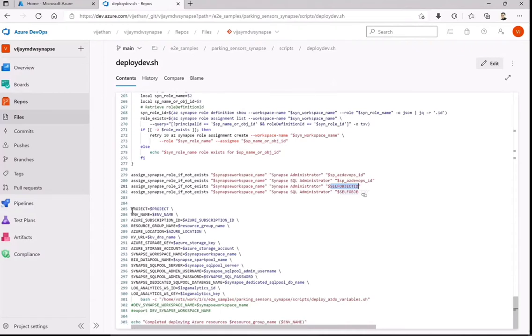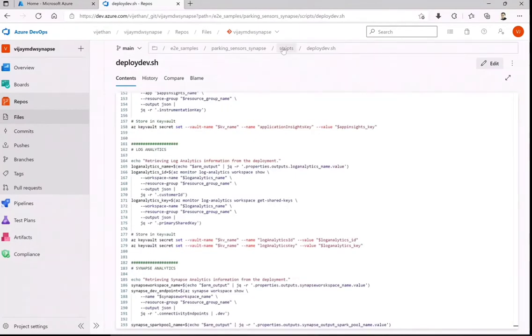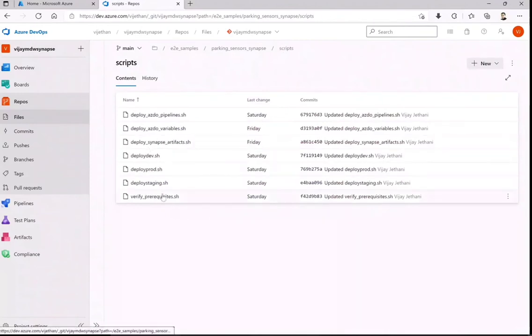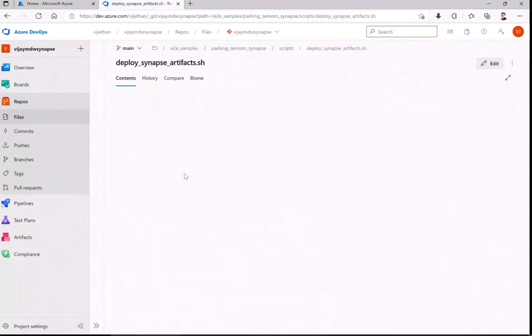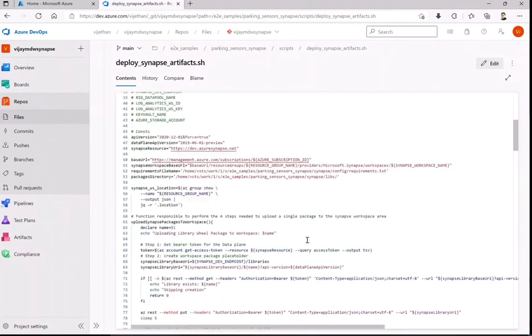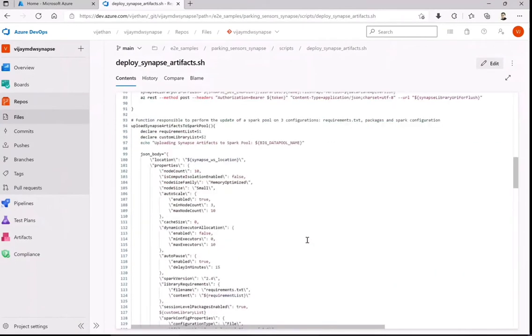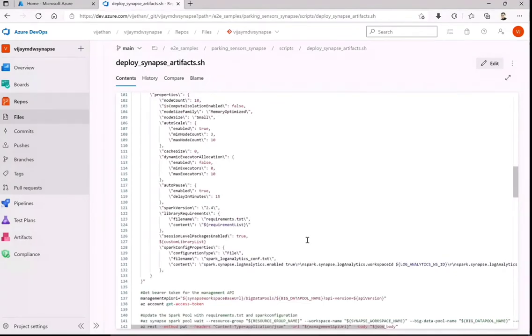And at last, just a placeholder. You can place this in a file or just echo it on the screen to show these variables for your future reference. Also, we have most of them in the Key Vault, so you can refer from there as well. Once this particular environment is done, you will see that you have completed deploying the resources to that environment. Now, this was one part of it, meaning we have the scripts which are doing that part, and if you look at this from the Synapse perspective, this is the script you are referring to, which is actually referring to all the endpoints and getting things ready at the end.